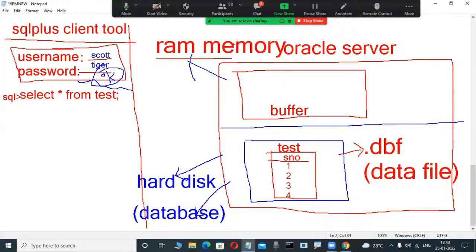In a RAM memory area, this is an instance. In a buffer only, it will be executed. In a shared pool, within that there is a library cache, where syntactic and semantic checking happens. So many things are there. Don't worry. But unfortunately, for a first-time newcomer, consider the purpose of: select star from table name test. Here this client tool